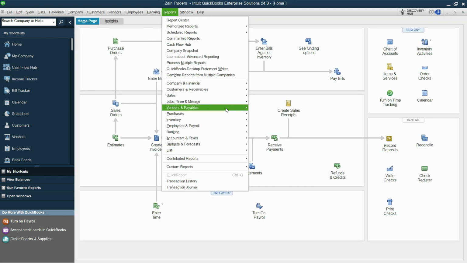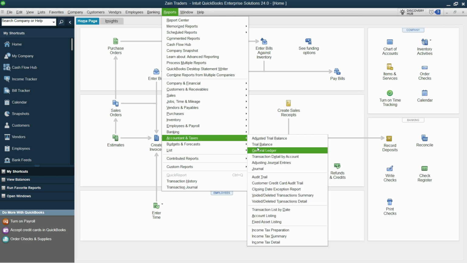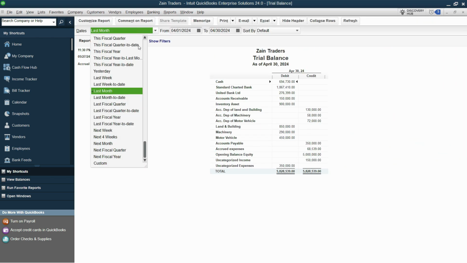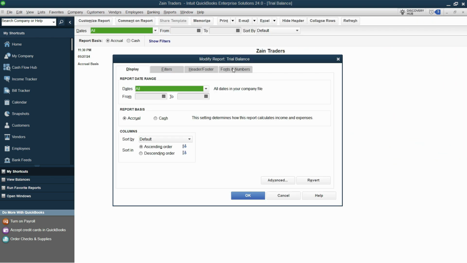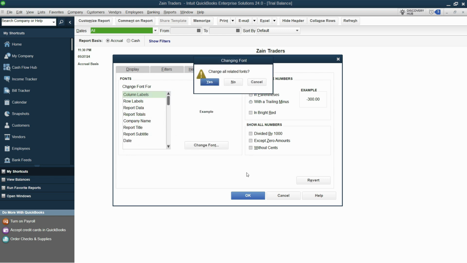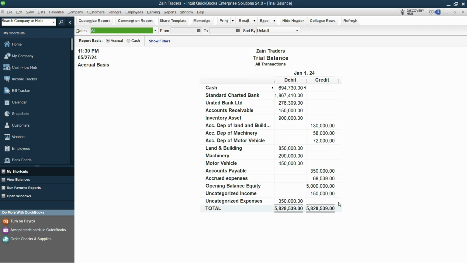So now let's go back to accounts and taxes and click on trial balance. Let's change the dates to all, and let's actually change the font as well. All right, now this balance shouldn't be there. All of the ledgers are okay, but these balances, uncategorized income and uncategorized expenses,